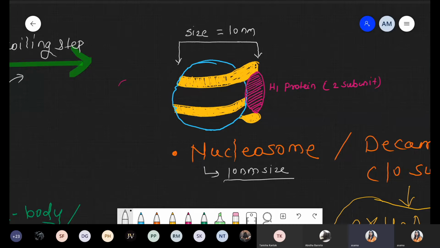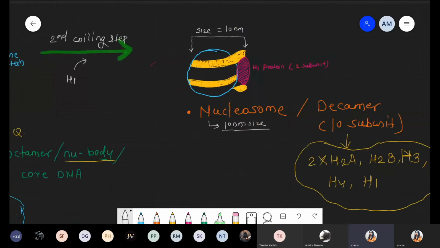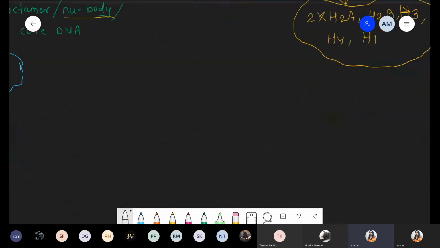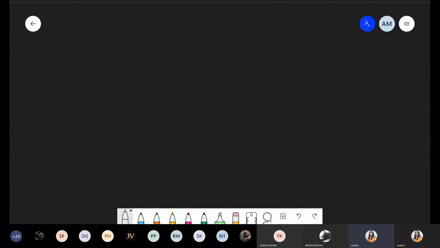Chalo. So this part is over. Okay, chalo. So now I'm taking some information about the nucleosome and the core DNA. Chalo. So last structure, that is nucleosome, and now we have to focus on the nucleosome. Now, so specifically here I'm talking about what is the size of nucleosome in base pair.